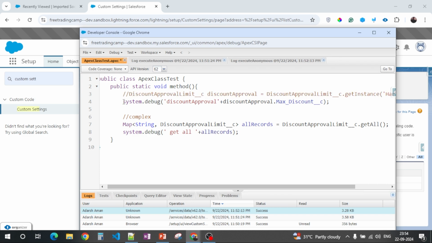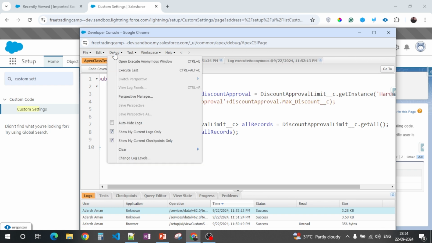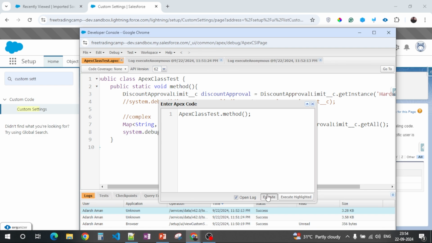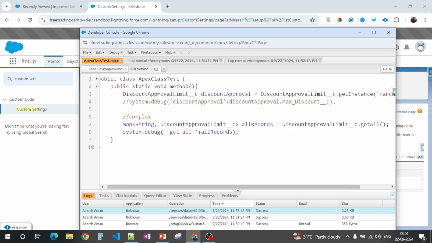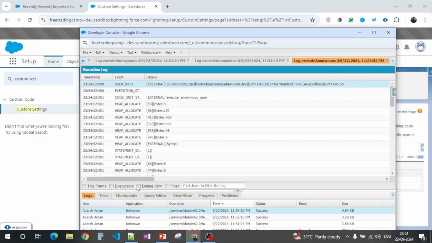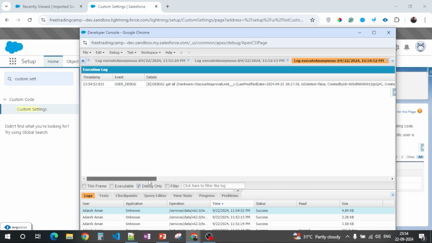I'll comment the first one for now. I'll run it again. Go to debug. Now you can see on the getAll, you'll see first the hardware, which is the string part, which is the key of the map, and then the value of the hardware, all the field values. Then we have the second key as software, and then all the values of it.